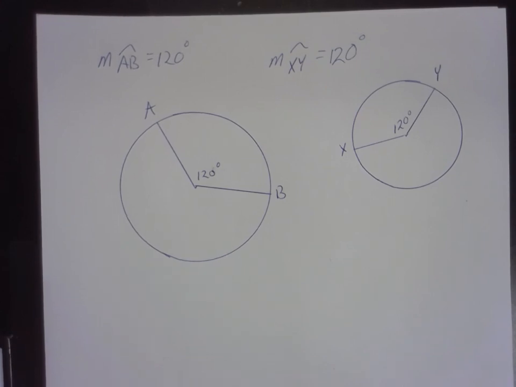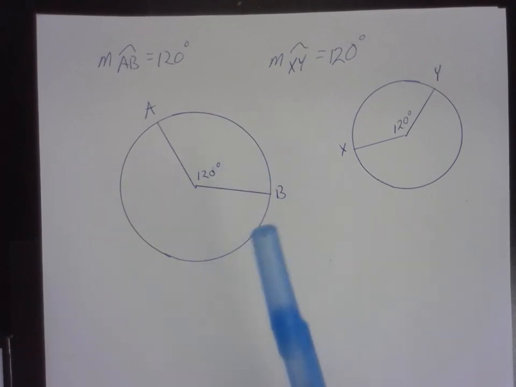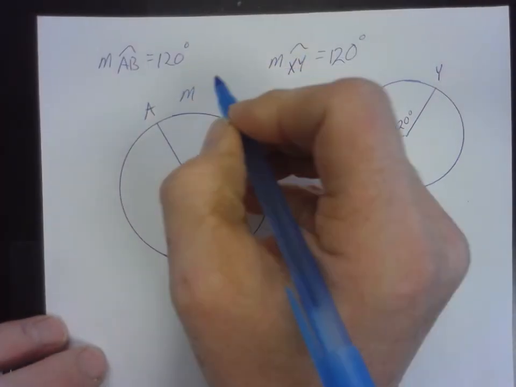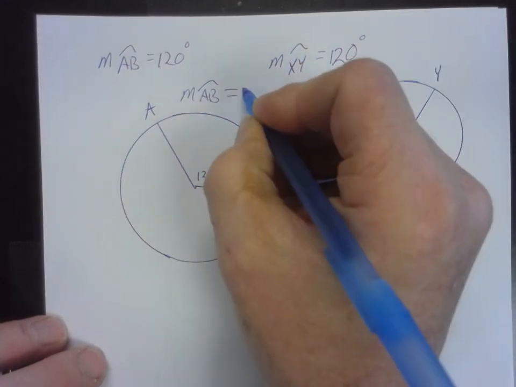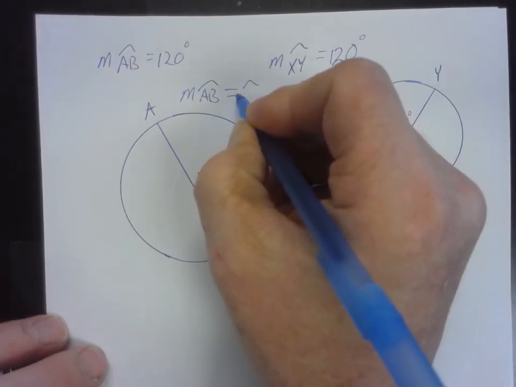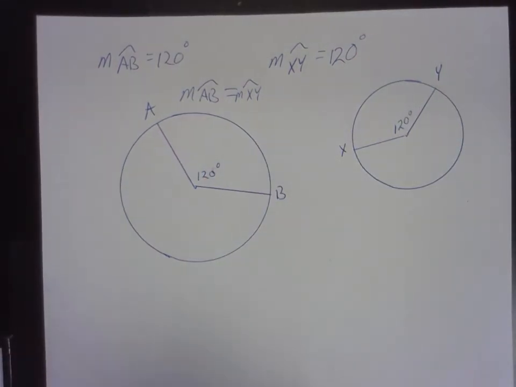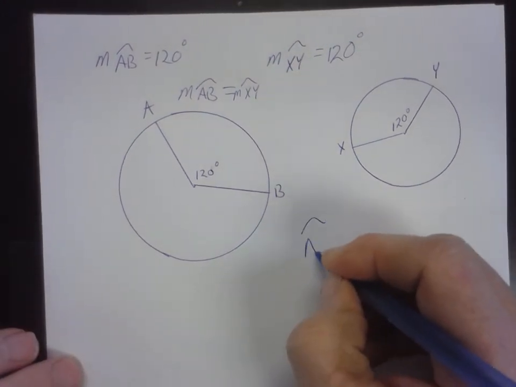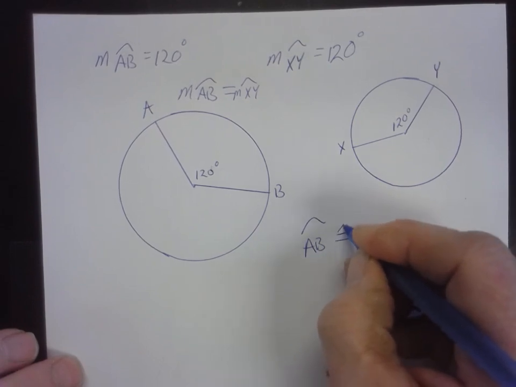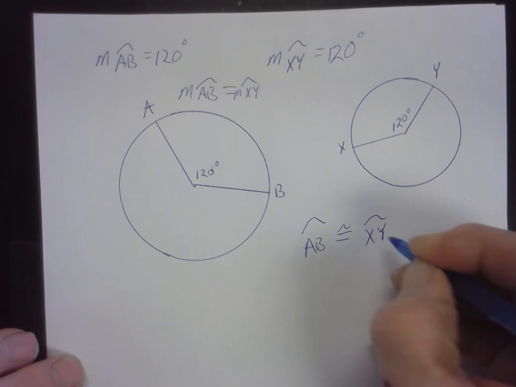Okay, so here's what's weird. Do they have the same measure? Yeah, I think I would agree. I would think the measure of arc AB is equal to the measure of arc XY. Their measures are the same. However, I don't think they're congruent. I don't think that we could say arc AB is congruent to arc XY, but